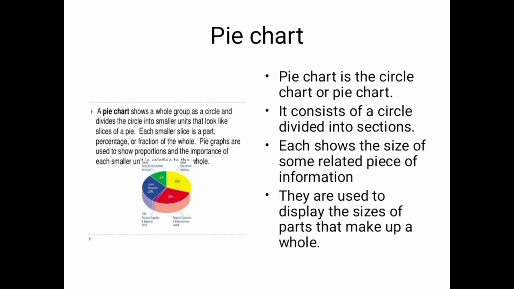Example, the budget. The budget is spent for different important activities. If in India they make a budget, the expenditure will be for different purposes. They spend some money for education, some amount for defense, another amount for health, etc. That can be represented in a pie chart because they all represent one whole budget. Like this, divided information can be represented in a pie chart as a whole.